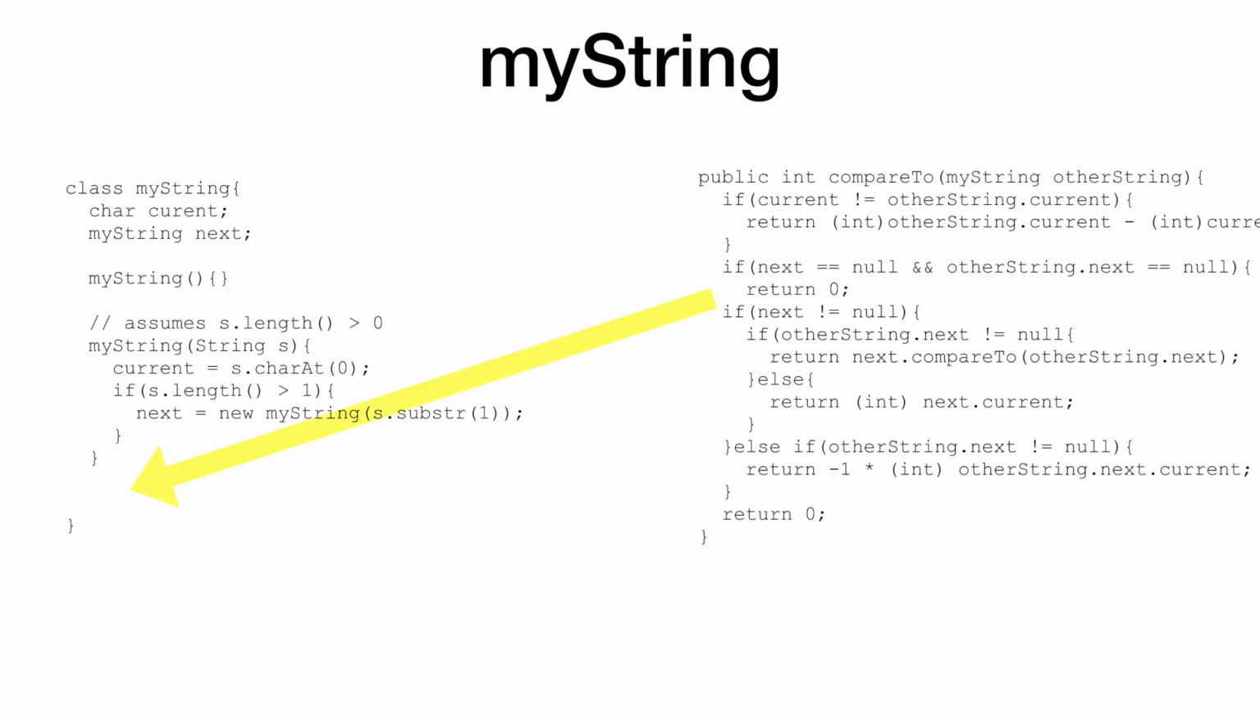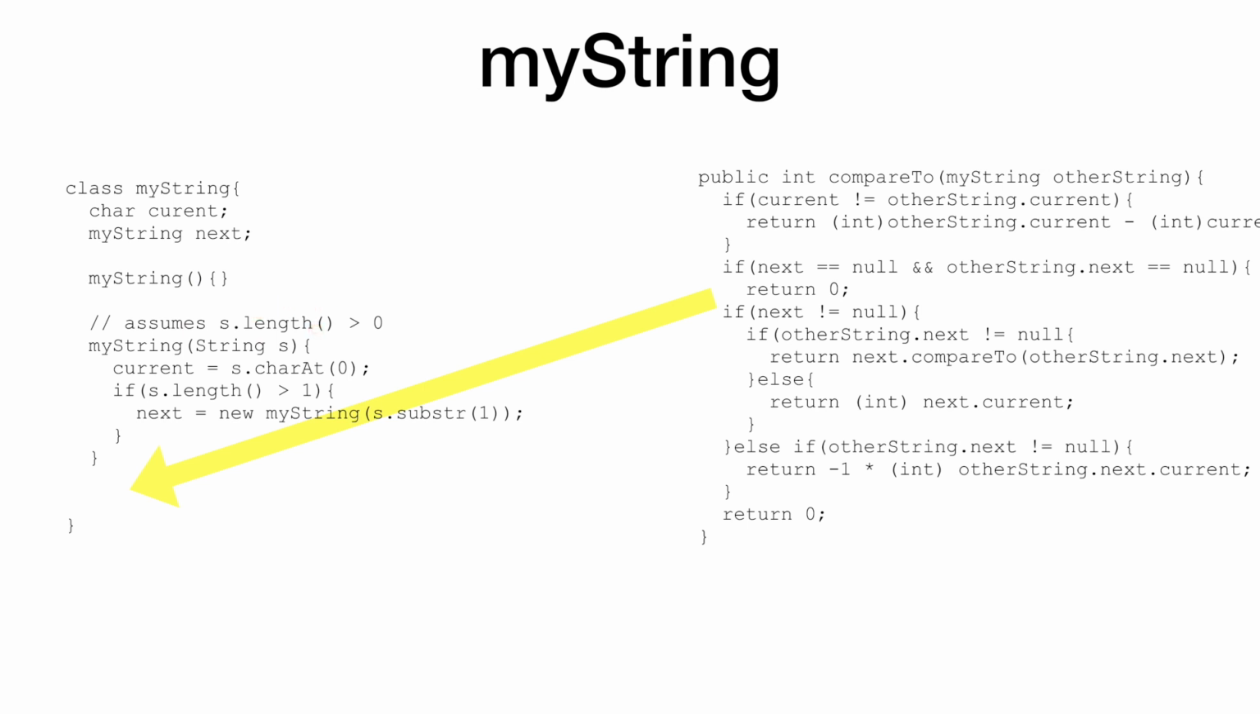So our constructor here doesn't actually have to do anything, because if we're not given any information, then we can't put a character in the current instance, and we don't have anything. So initially, this is set to null, right? So the constructor that takes in a string, right? So we're assuming here that the string length is greater than 0,